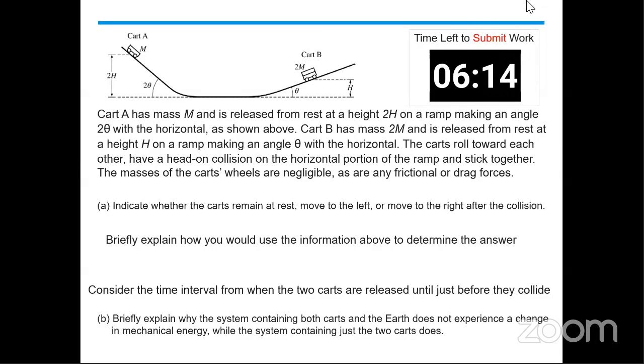Just a reminder, as the timer continues to tick down, you've got until the 5-minute mark to finish answering your question. The timer will continue. You can continue working past that, but keep in mind, anything you do past that 5 minutes, you're